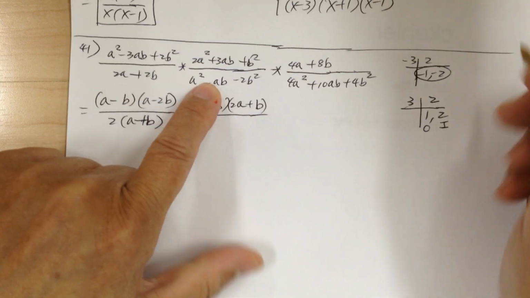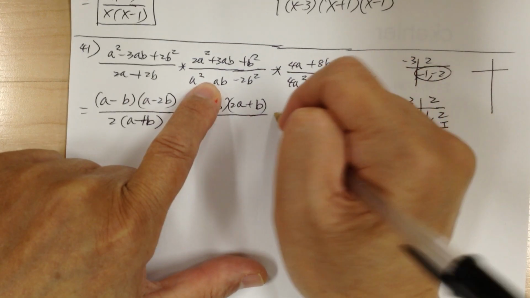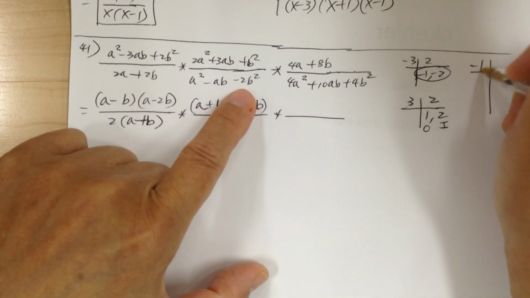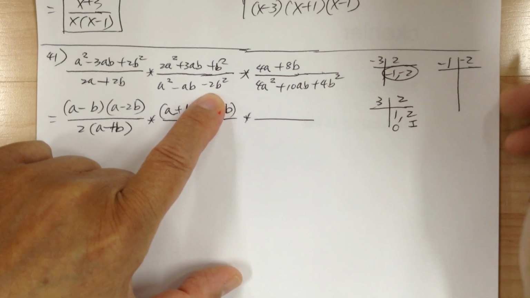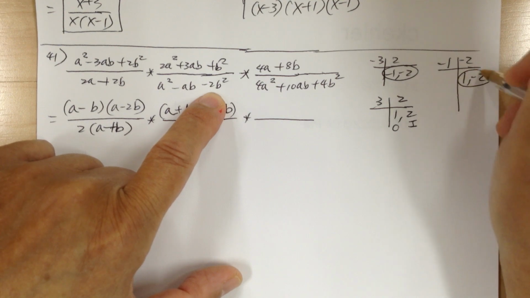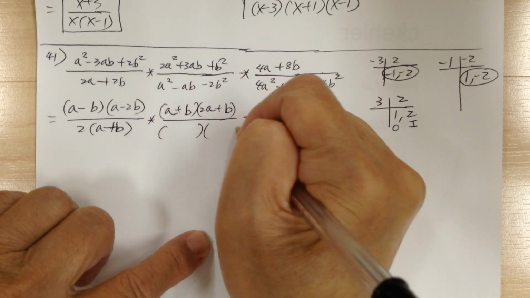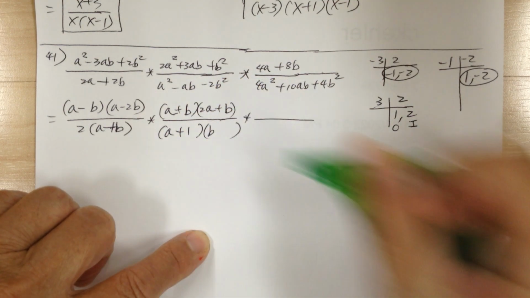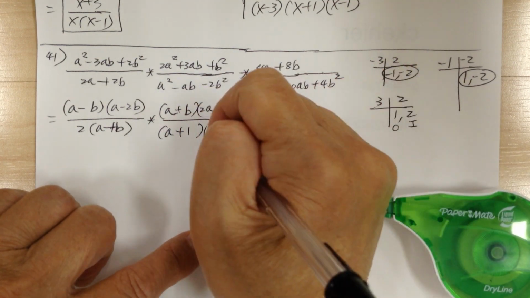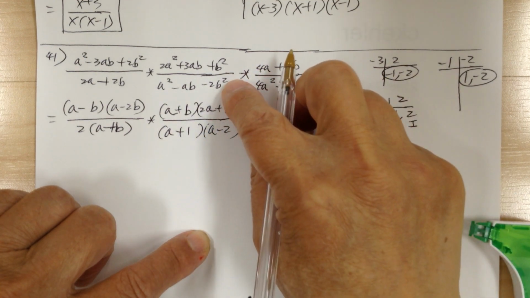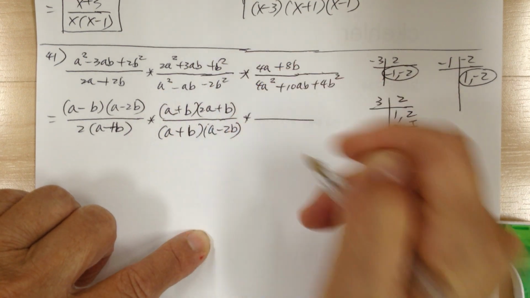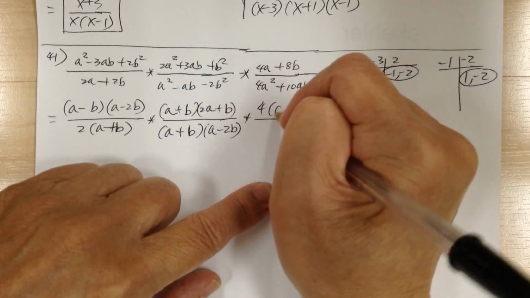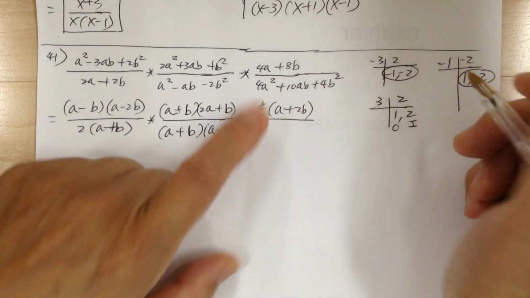Okay, now let's go and do this one. So this one, again, you need to get negative 1, negative 2. Okay, so 1 comma negative 2, and that's it. So you're going to get a plus 1, b, a minus 2. Okay, now there's a b in the back, so you need to put b in the back. Okay, over here, that's going to factor out the 4. So you're going to get a plus 2b. On the bottom here,